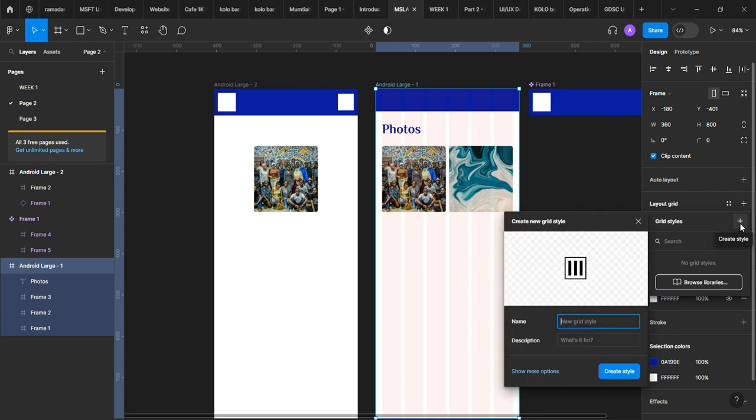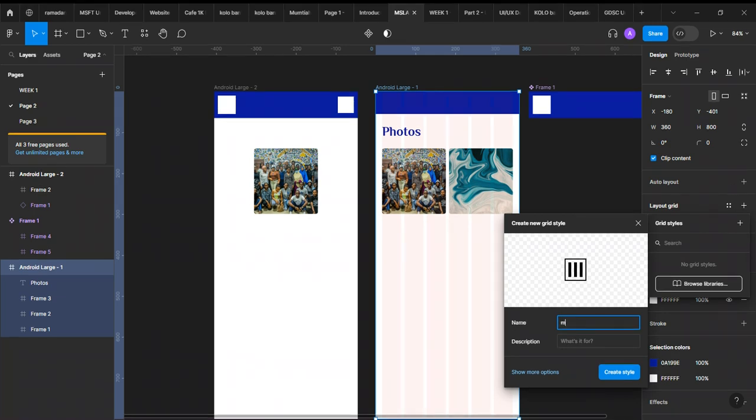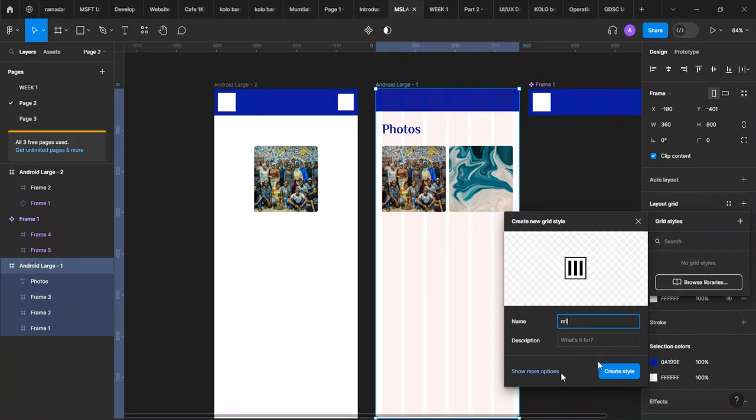I want to add this grid that I'm doing here. So I can just come here and give it a name, maybe mobile M1, like mobile one. If you want something like a description, just put it in. So I'm saying that